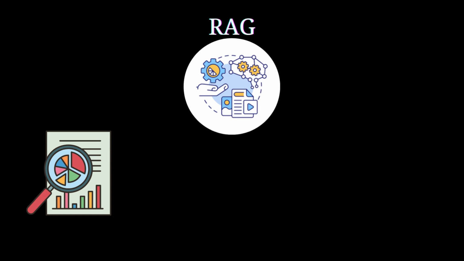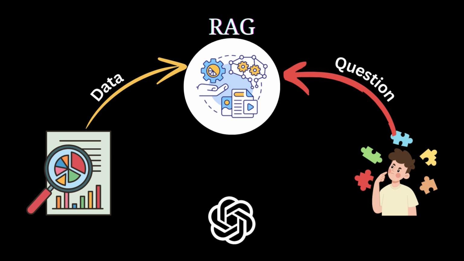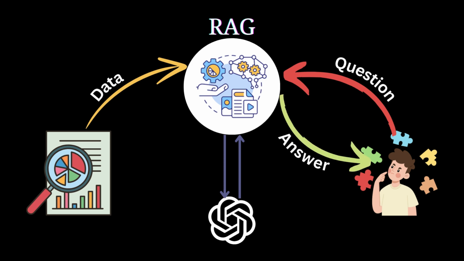contextually accurate responses. This is akin to having a knowledgeable assistant that not only understands your queries, but can also pull in relevant information from an expansive library to provide well-informed answers. In essence, RAG enhances the capabilities of traditional generative models by grounding their outputs in real-world data retrieved on the fly. This not only improves the accuracy and relevance of the generated content, but also makes the AI system more